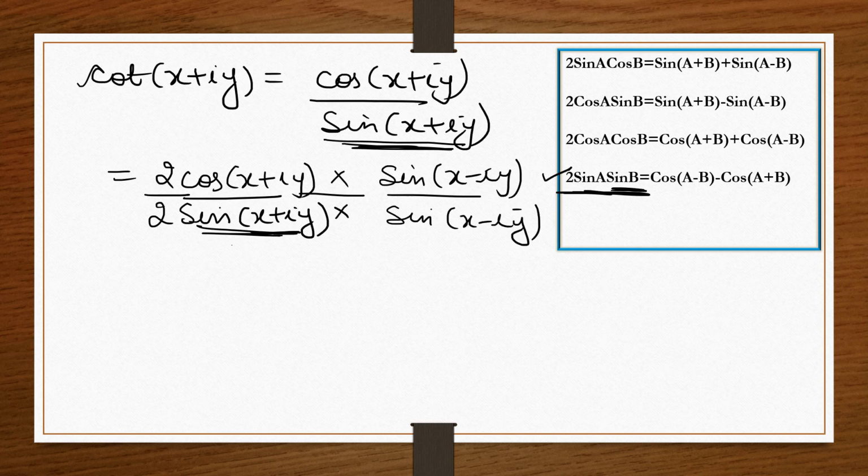Now just apply these formulas. One is this one, and here we have 2 cos a cos b. What is a? x plus iota y, and what is b? x minus iota y. So apply this formula in the numerator and this formula in the denominator, and you'll get the final answer. I'm going to write the final one. This is again for your practice. So the final answer will be,